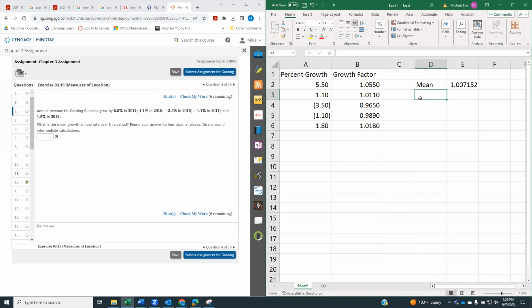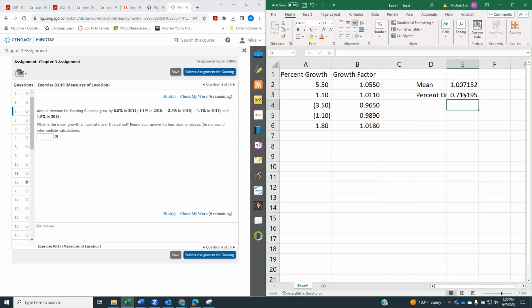Okay, so I'm just going to put percent growth. To convert that back, remember, when we converted from percent growth to growth factor, we took 1 plus that percent growth and then times 0.01. So we just do the opposite of that to convert it back, which is to take our growth factor there minus 1, and then we're going to multiply that by 100. And that gives us our percent growth,